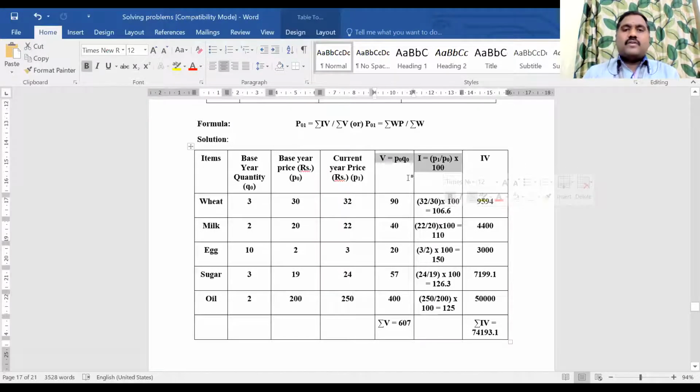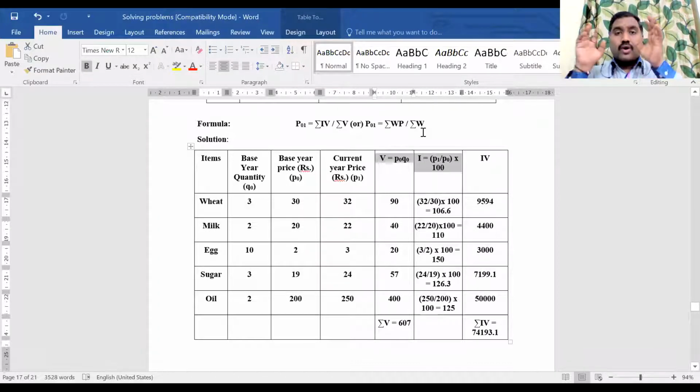So you can use any one of these formula. But suppose in the problem they mentioned the weightage and then the P value, or weightage is given. To calculate P value, what we need? We need the price value for current year and base year. P1, P0 only we need to calculate P. So weight will be given, P0, P1 will be given. So in that case, in that problem, you need to find out the P value, and you have to use the first formula, summation WP by summation W only you have to use, because weight is given. Okay, suppose instead of weight, index is given.